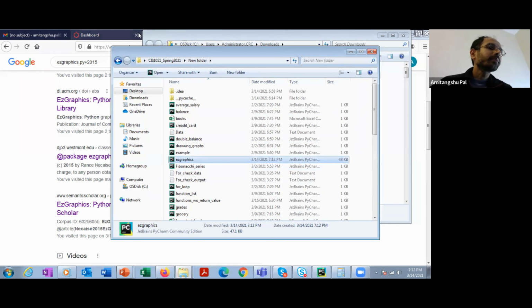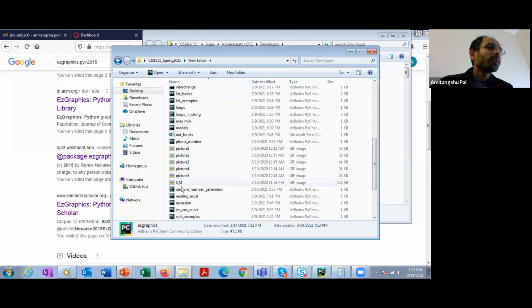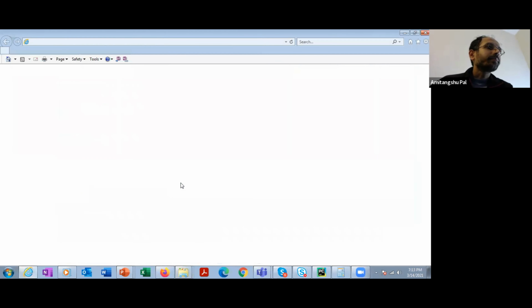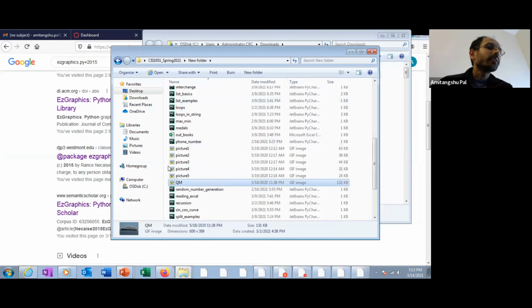Now this Easy Graphics package works on GIF files. So I have downloaded some GIF files in my current folder. For example, this is a GIF file. We're going to play with all these GIF files in the next few minutes.